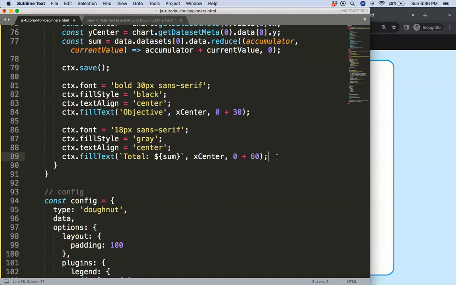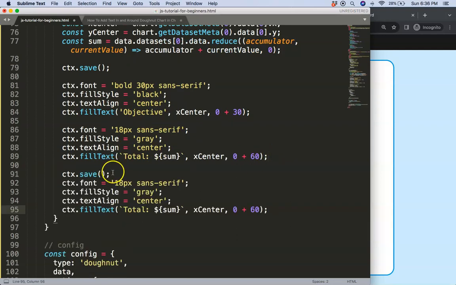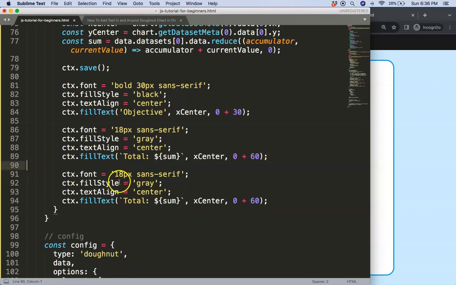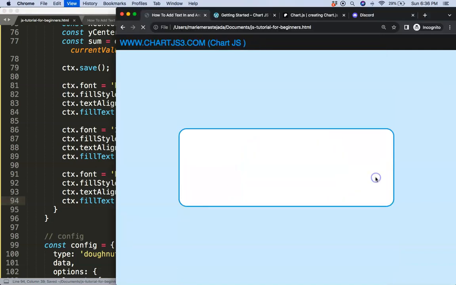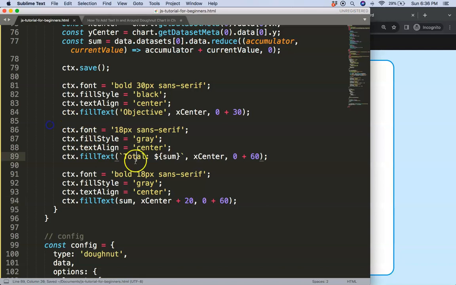So what I'm going to do here, remove this. So we have all of this here, but I want it bold now. Keep this all same. So what's going on here is the following. I have this text here. I can just remove the template literals, put in here this text, the sum. Of course, now it's a bit tricky because we need to move a bit more away from the X center. Maybe say plus 20. Let's save that. Refresh. And as you can see here, this one is here as well, if I'm not mistaken,